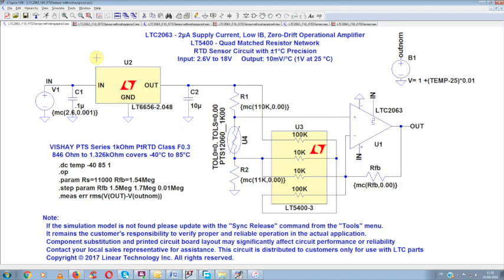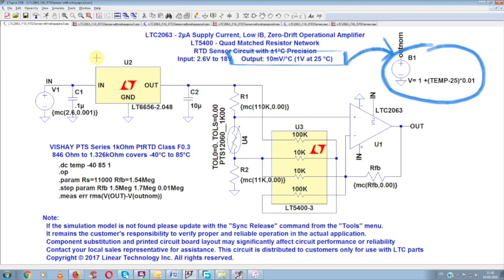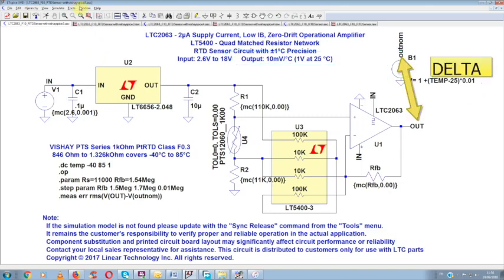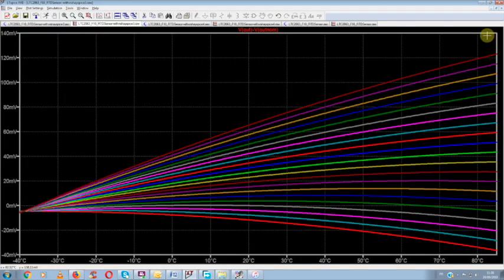The Vout can thus now be expressed in function of the temperature, and we can also implement a voltage source representing the wished theoretical output, that is 1 volt at 25 degrees C and a variation of 10 mV per degree C. The difference between Vout and this voltage can be used in order to represent an error function whose RMS value can be minimized.